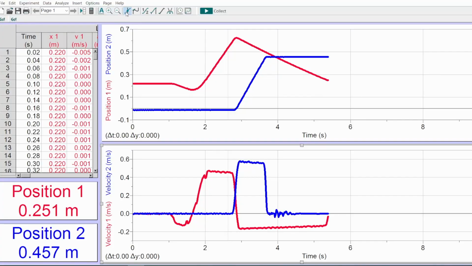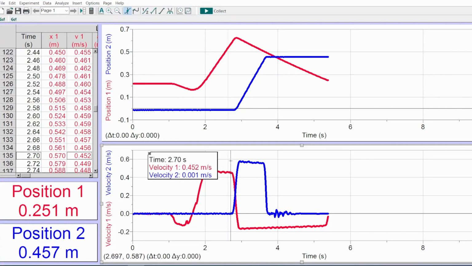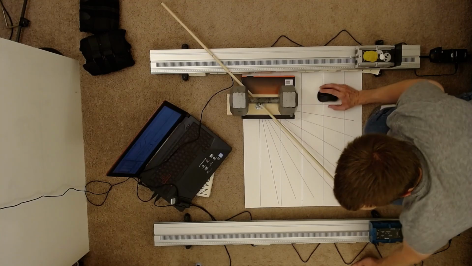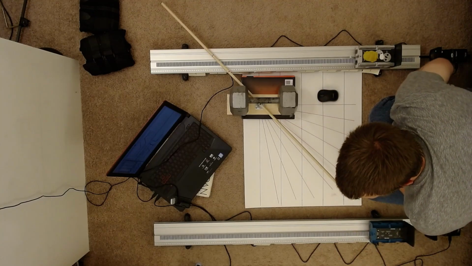So for this one, we've got the velocity just before the collision is 0.456 meters per second. The velocity of cart 1 just after the collision is negative 0.168 meters per second. Velocity of cart 2 is 0.579. So we're going to save that, and then let's look at some of the analysis to again see what's happening